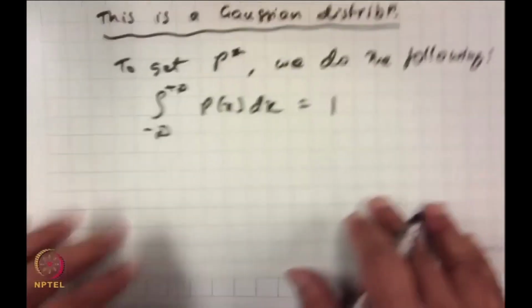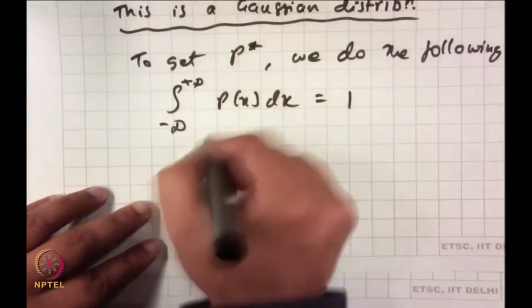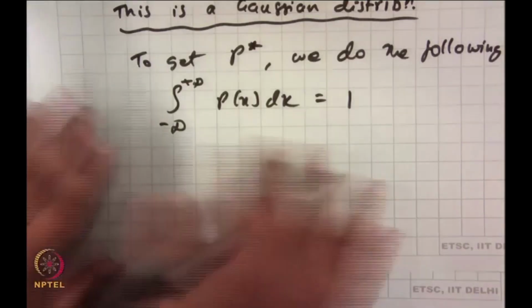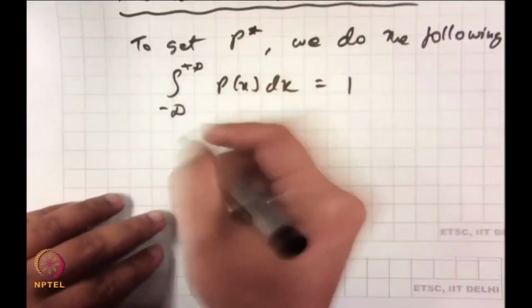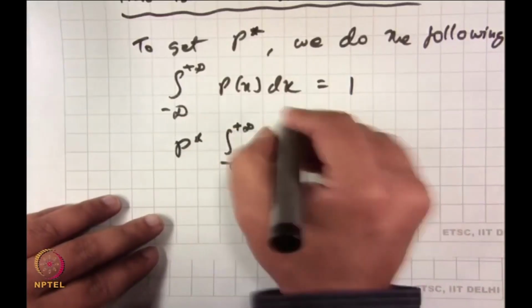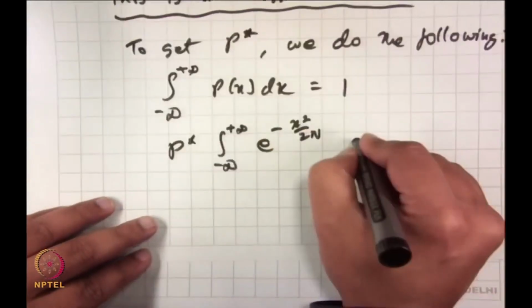Because that is a constant, what I can write is, so here if it had been a quantum mechanical problem, what would you do? You would do psi star psi, but then psi star psi is actually your p of x, is not it, because psi star psi is your what? Born's interpretation of probability, your probability density, then you multiply it by d of x, you get the actual probability. But hey, you do not have to do that, because this is itself the probability for you, p of x, that is itself the probability. So, what you do is, because p of x is the probability, this would be p star, minus infinity to plus infinity e to the power minus x squared over 2n, would be equal to 1,